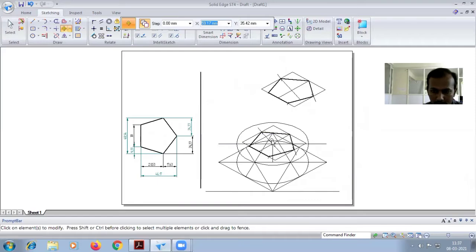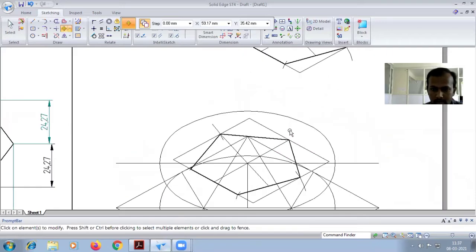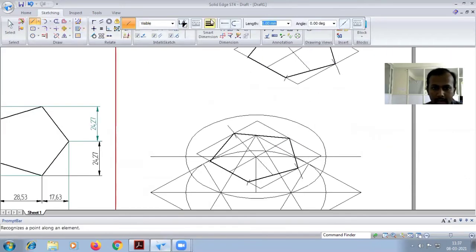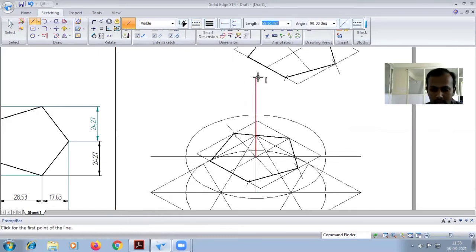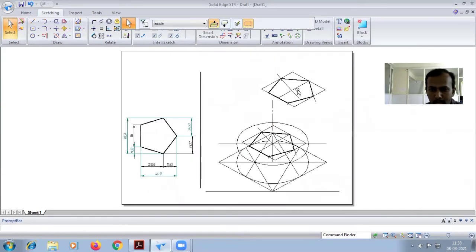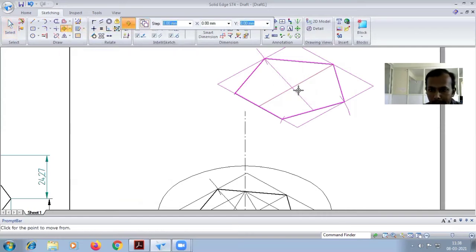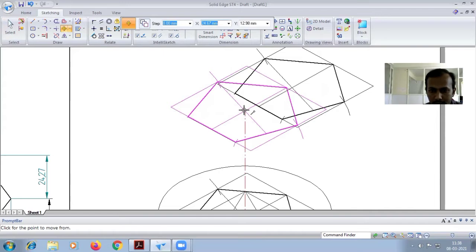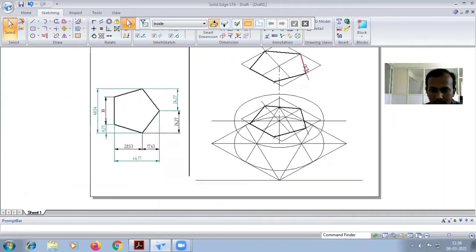And again, you have to go for the top of the pentagon. What is the height of the pentagonal prism? 60. So you have to write the line 0.25 and use the axis line type. So 60 you have to give, 90 you have to give. The axis is over. From this end point, you have to place the midpoint of this one. Select it, move command, switch off the copy. Choose the intersection symbol and the endpoint symbol of this line. So it is placed. The top face and bottom face of the pentagon are done.